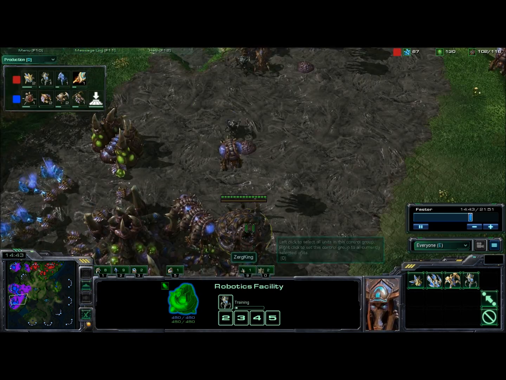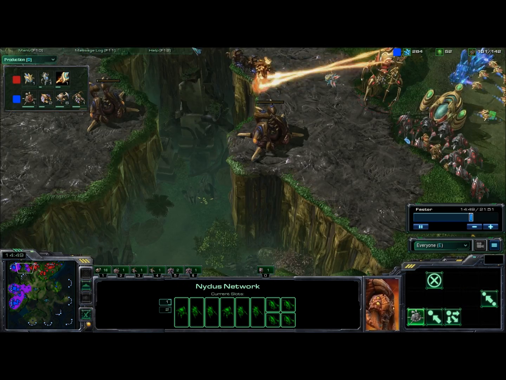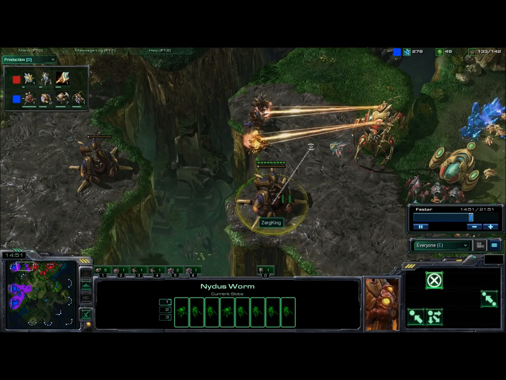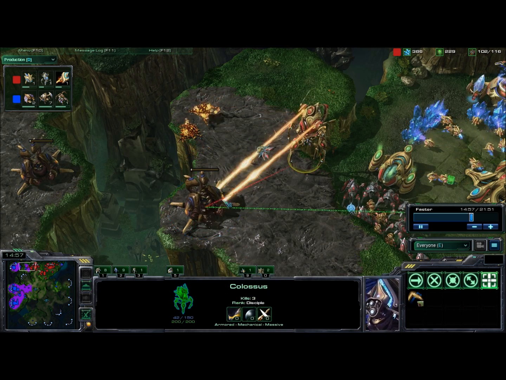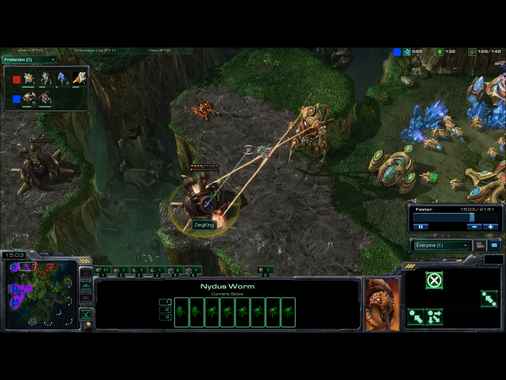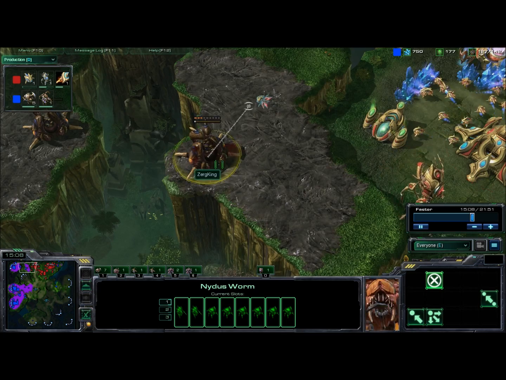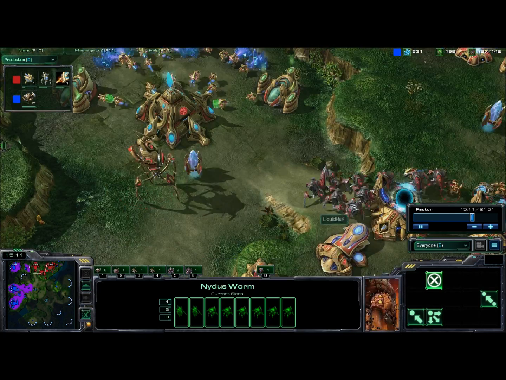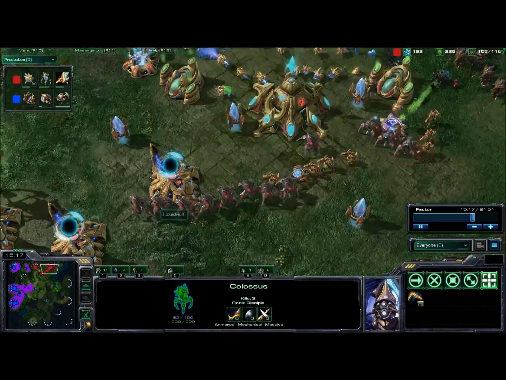Roaches and Hydras, an excellent combination against gateway units, as they are pumping into this Nidus canal. Probably going to pop out here to take out this Colossus, which has probably ventured up a little too close. Oh, but as we see here, are they going to pop out? Are they going to pop out? And no, he is not going to pop out those roaches and hydras. Probably could have taken out that Colossi had he done that, but LiquidHuk is just...